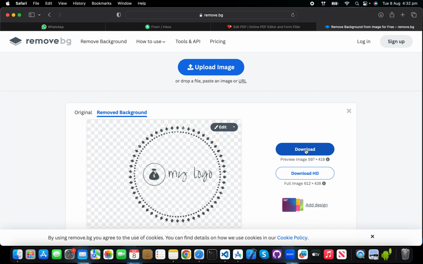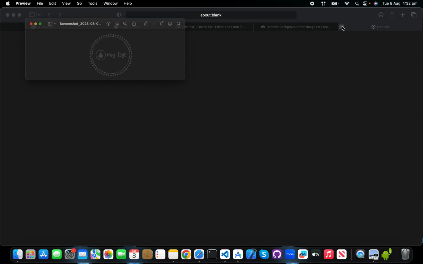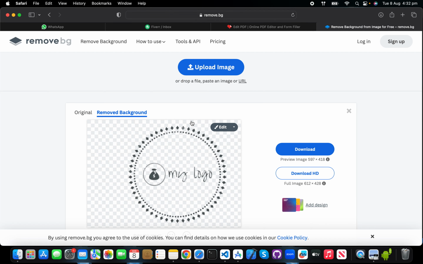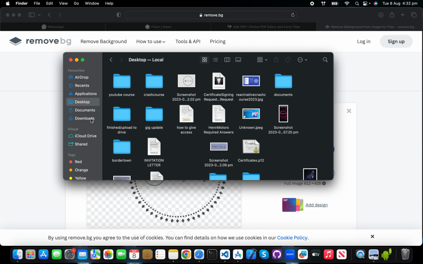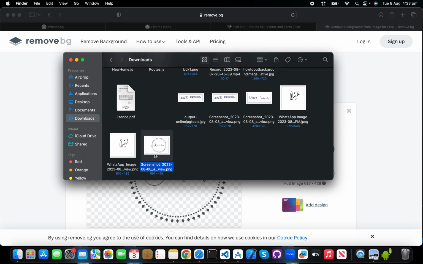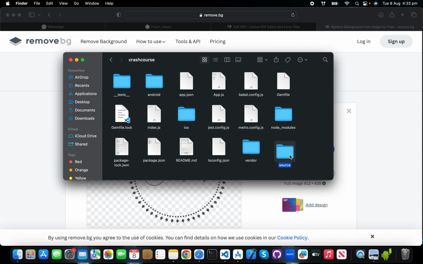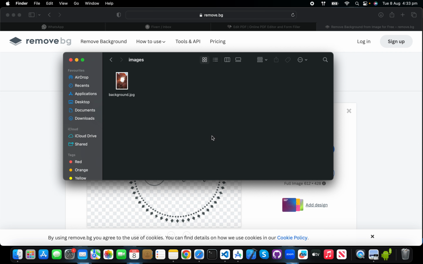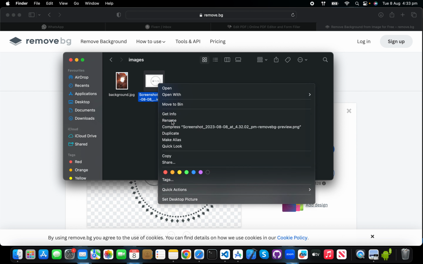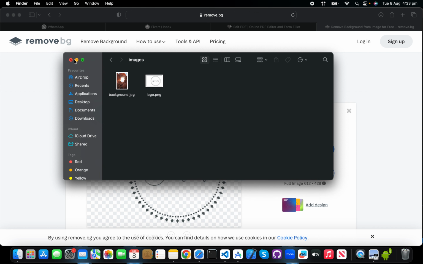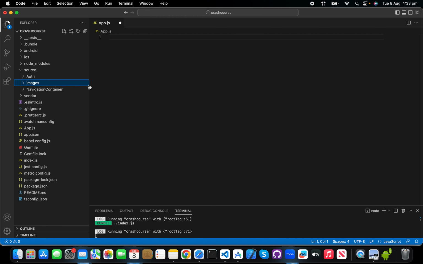Yes, it's giving you the transparent background logo. So just take the logo from here, crash course, source, images, put it here, and give it the name logo. I'm sorry that took a little bit of time, but everything is just for you so that you can